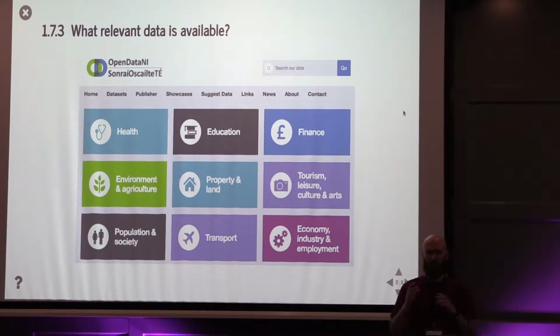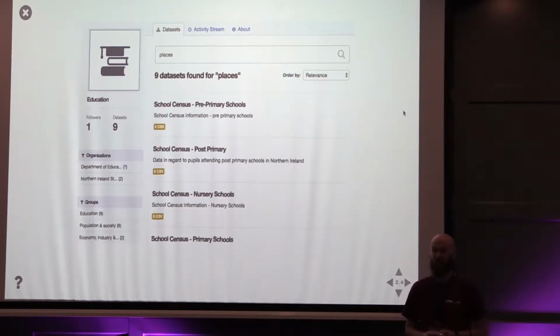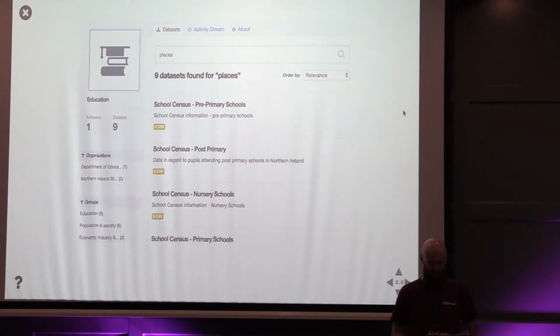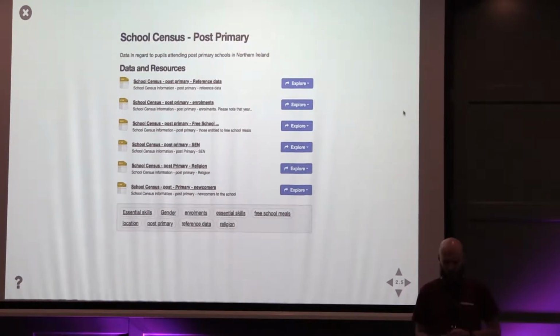So this is again a government-run site that's trying to pull together data from across all of those areas, and I literally just put places into the search bar and went, okay, no, that looks kind of legitimate, right? School census, post-primary, that might have reasonable data sources. Yeah, okay, so we've got reference data, whatever that is. We've got enrollments, which sounds useful. Free school, which ends up being free school meals, which is a reasonably good